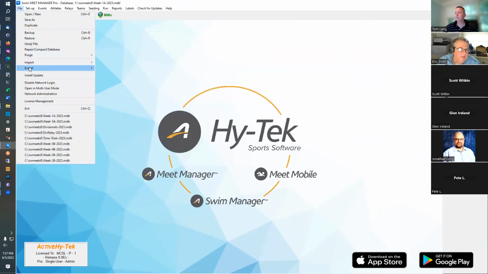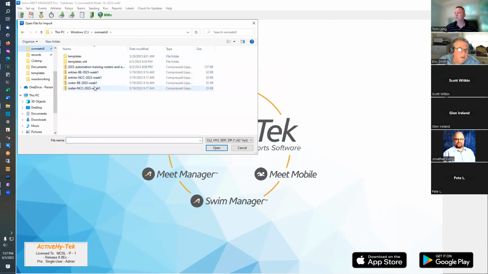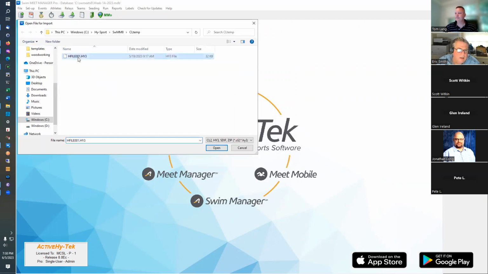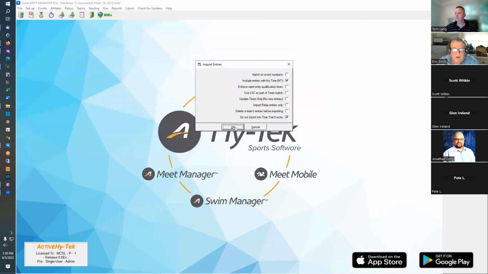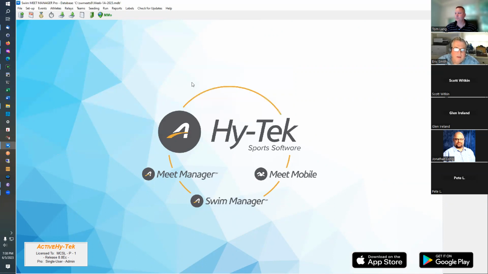And then you do the same thing for the other team's entries. Go find the file. It's entries for Chevy Chase. And again, say yes. Open the file. Don't change any of this. And again, it's loaded 72 athletes. So at this point in the game, I have all the rosters, all the athletes, the teams are loaded, and the entries are loaded. So the next thing we have to do is set up the